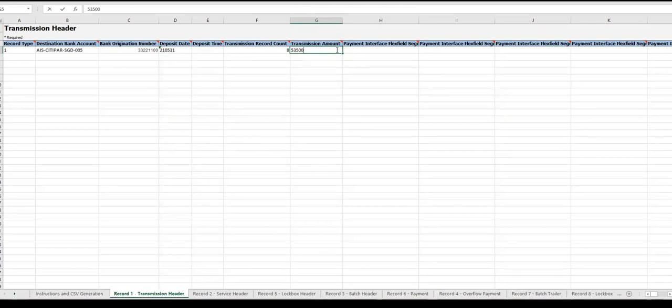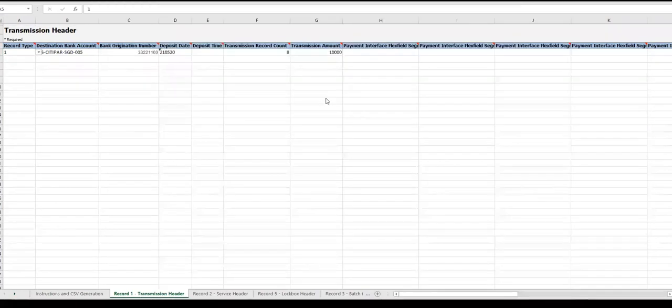Parallelly, I have one more Excel file where I have already tested. In between, I will be matching this Excel file with that, so that there should not be any mistake. This is the other Excel file which I already tested and is working. Here the transmission amount was taken. So frequently we will flip between these two Excel files to check whether the data we are entering is correct or not.